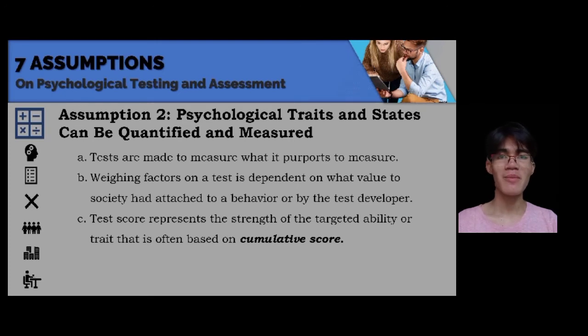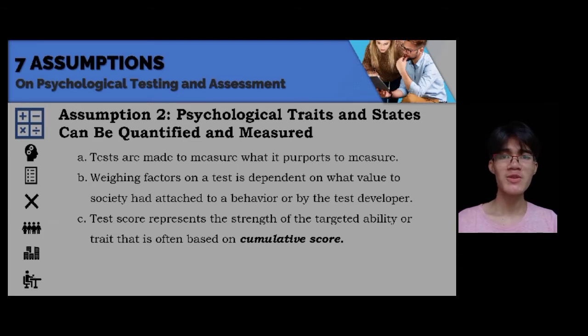Using the former example, if the society deemed that the more street-smart an individual is, the smarter he is, or if the test developer had concluded that knowledge regarding crystal structure is what an intelligent individual possesses, test items in these areas may be included as long as it is justified and backed with evidence. Now, how will the scoring be done?